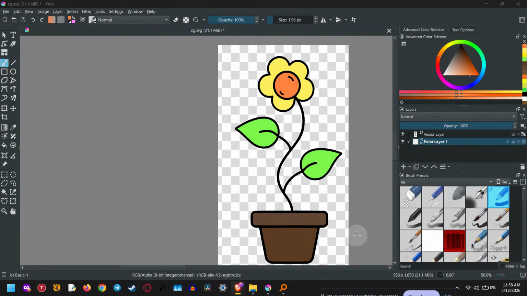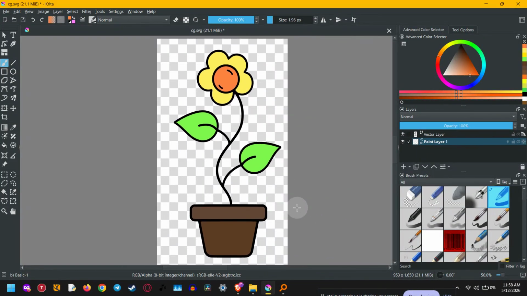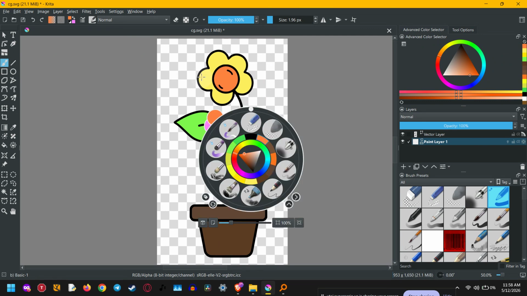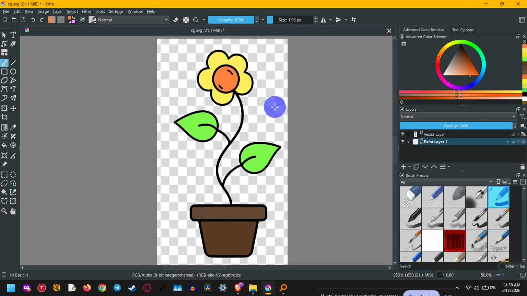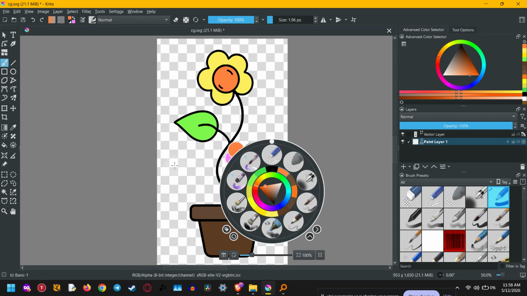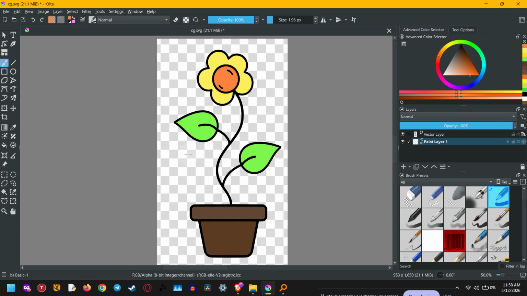If Krita keeps bringing up the pop-up palette when you right-click or use a shortcut, don't worry, because in this video I'm going to show you exactly how to disable the Krita pop-up palette in just a few simple steps. This is a really useful fix if the palette gets in the way while you're drawing, painting, or navigating your